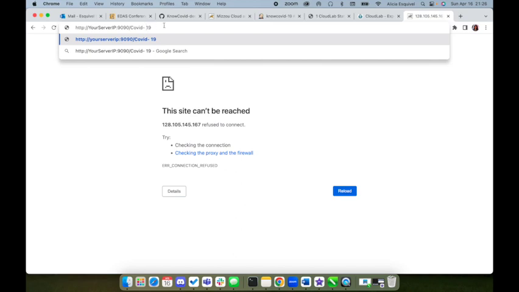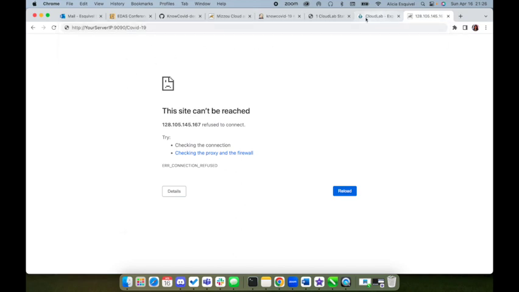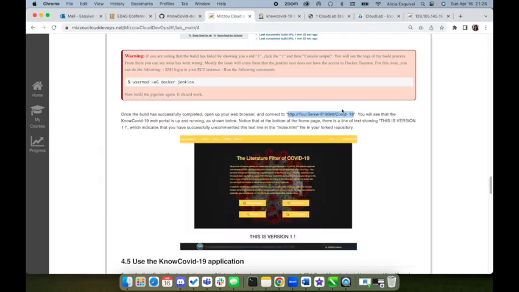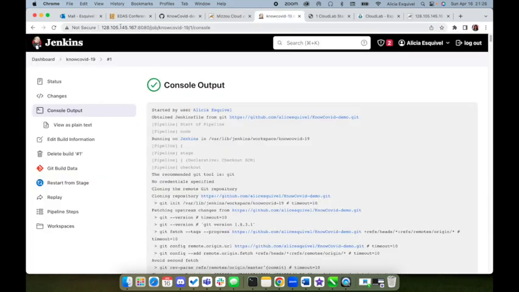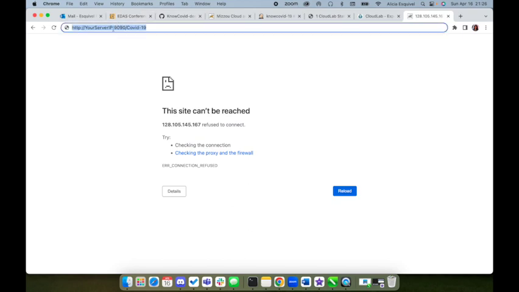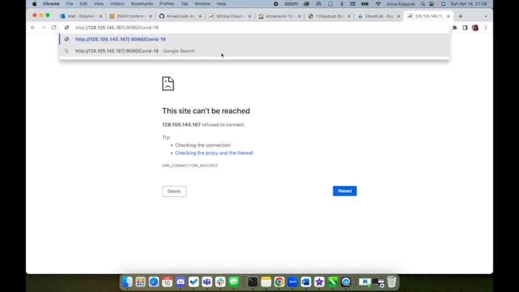I don't know why the space in here doesn't make sense to me, but this is what it shows here. It's just with a space, but it should make sense that we don't need the space here. And then it has to be your IP address, which is this one. And then we put that here, the same Tomcat